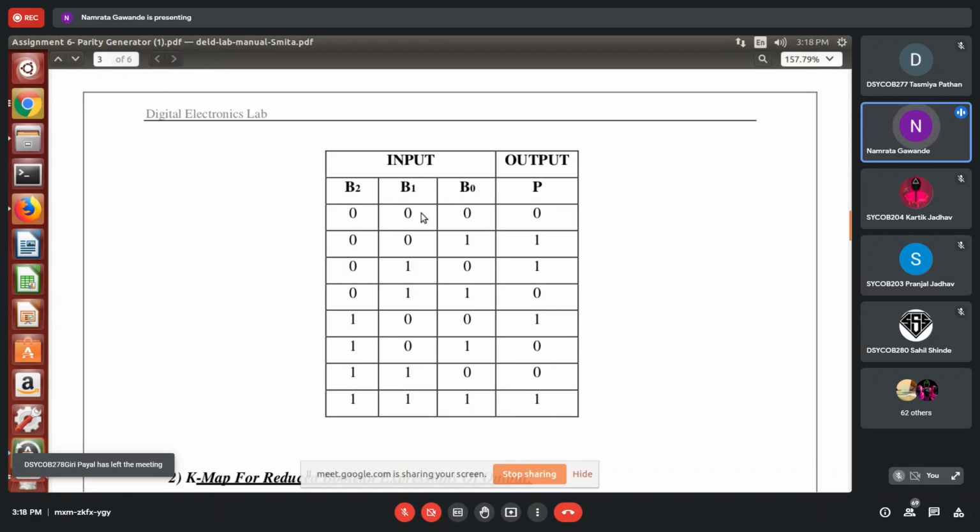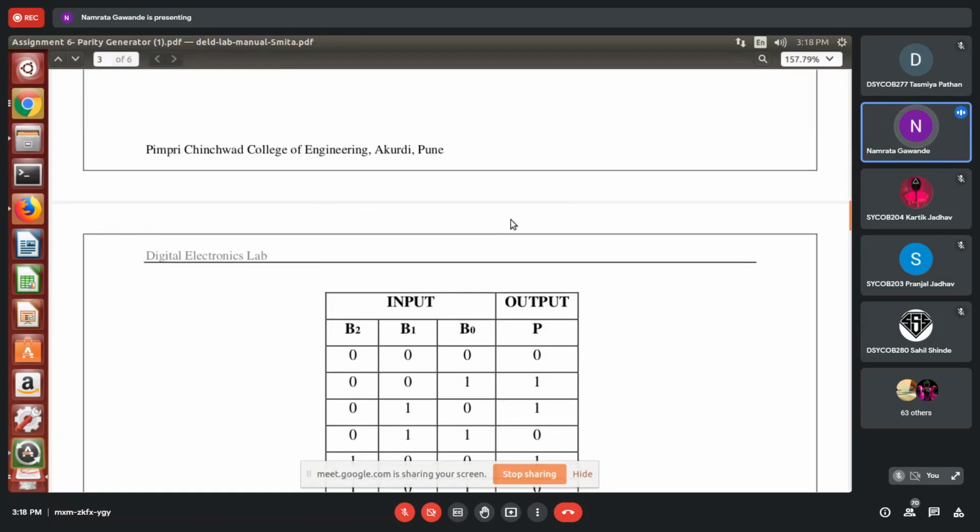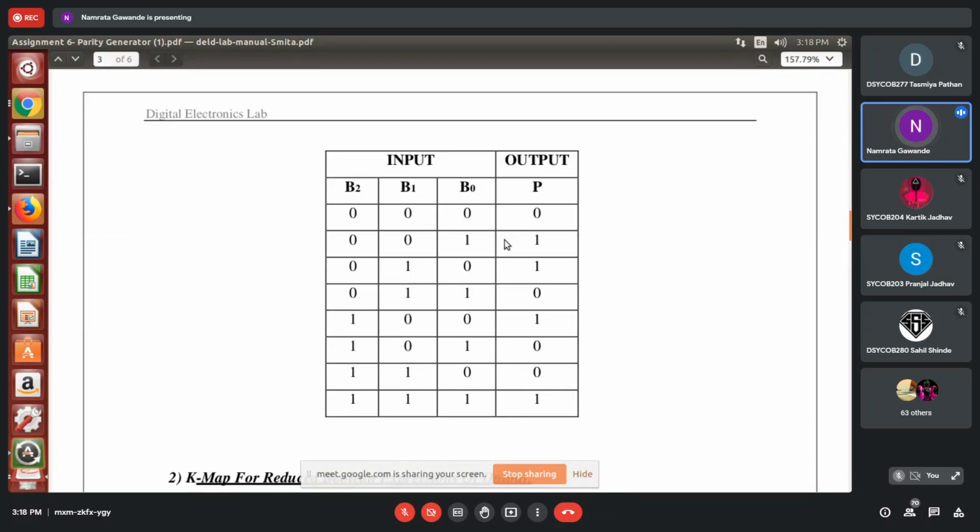Suppose I have 3 inputs in the message bits. So I can have 8 combinations, right? That you know, so it is written in the truth table. Now, how will I get this output? For 0, 0, 0, how will I get the parity bit 0 as output? As this is an even parity, there should be an even number of ones. And if this is an odd parity generator, there should be an odd number of ones.